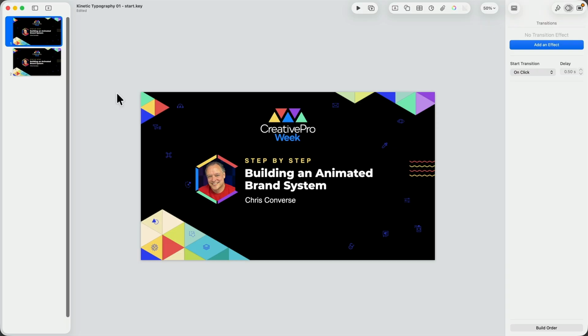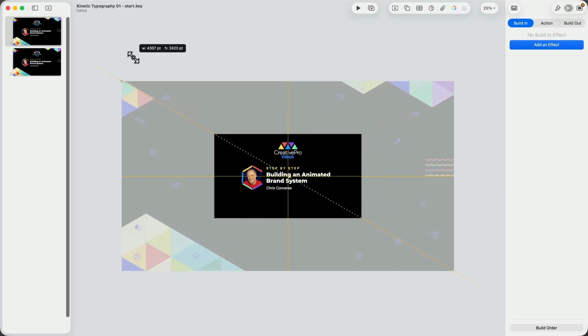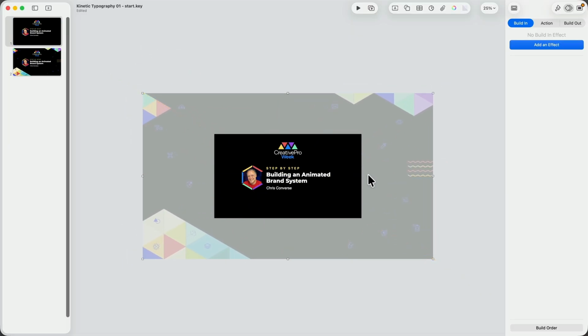I'm going to go back to frame 1, select my background. I'm going to zoom out here a little bit. I'm just going to make the background rather large. And click and hold. I'm going to make sure I make it large enough so that all of the little design elements here are outside of the live canvas area. I'll grab my headshot. I'll move this out just to the edge, move the logo up just to the edge as well. That way, when this animates back in, I'll get a nice parallax effect. The larger graphic will appear to move faster than the smaller graphics here.